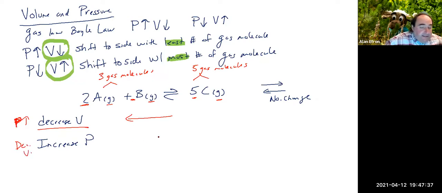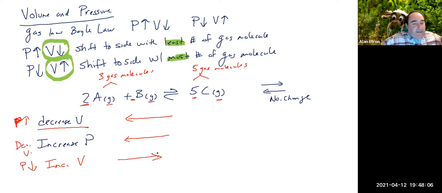So we're actually going to get the same result in this case. They are tied to each other, pressure and volume. Now, if we actually increase the volume, the opposite would be true. If we increase the volume, the pressure would go down. In that bigger volume, in this case, we would need to go to the product side. Any question on pressure and volume